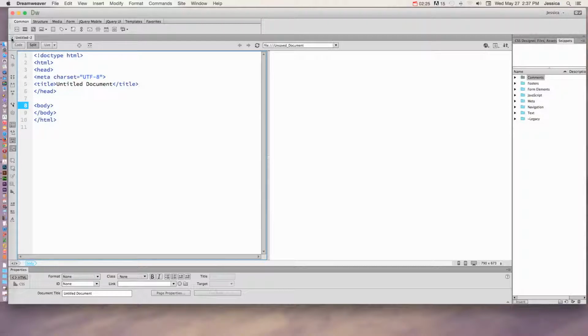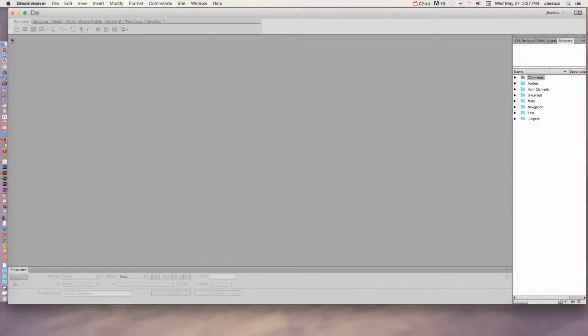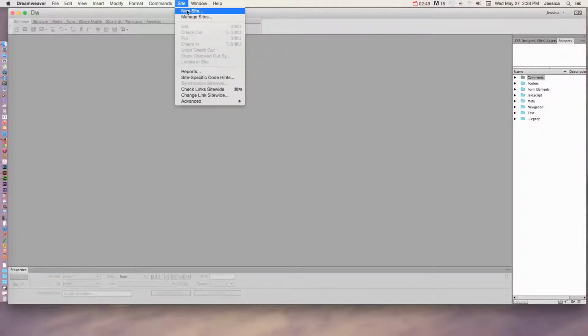root folder is. And the reason why is because it tries to keep the file paths organized for you, and it'll help when you try to save something, it'll automatically try to go to the root folder, which is what we want. So when you're in Dreamweaver, every time you create a new website, you must define that site first in Dreamweaver. So let's go ahead and close this basic HTML page, and we'll go to Site and choose New